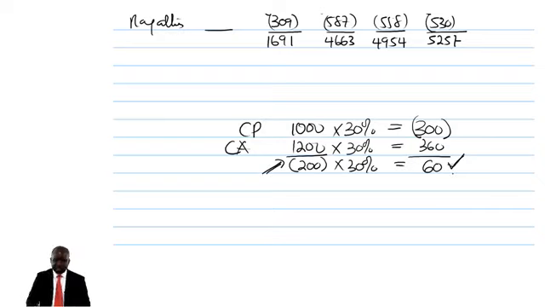So this is perfect. But if it is international investment appraisals, we are going to that country for the first time. So if I'm going there for the first time, I haven't got any other project there. So when I make this loss of 200, it won't save me this 60, because no taxman will give you this 60 for you making a loss. The best they can do for you is you have to carry forward that loss. So for the sake of international investment appraisals, I don't recommend